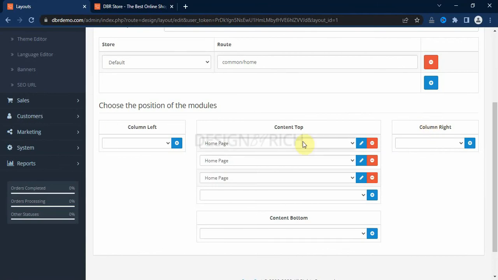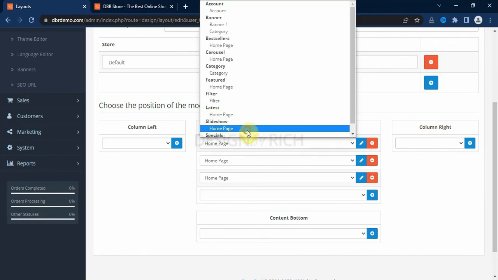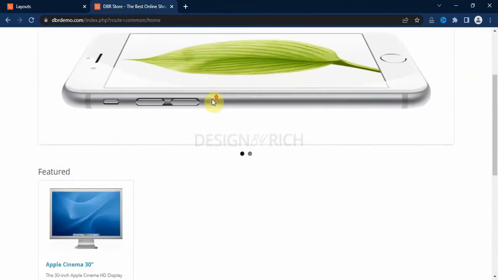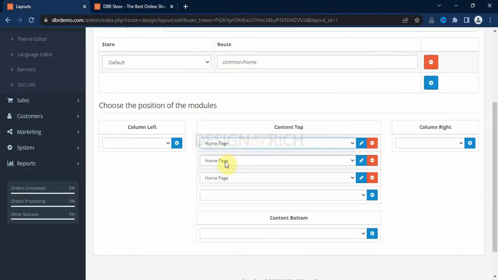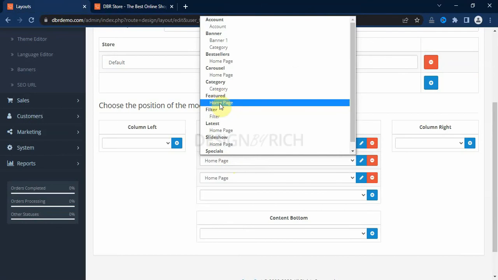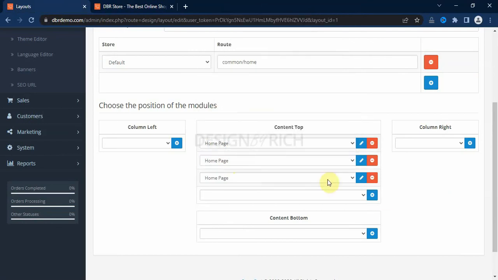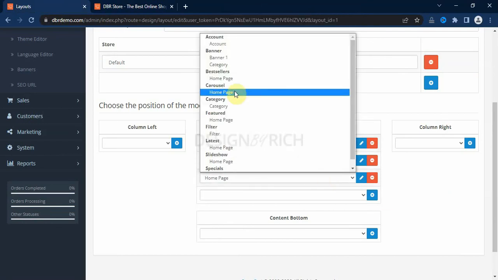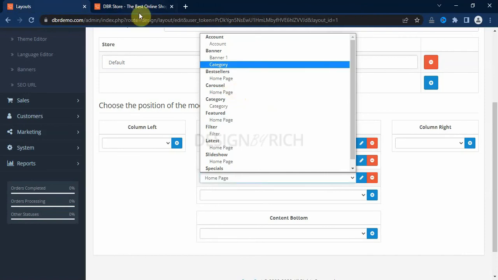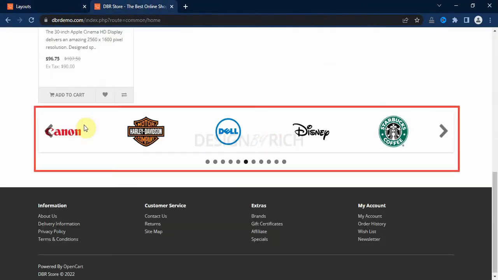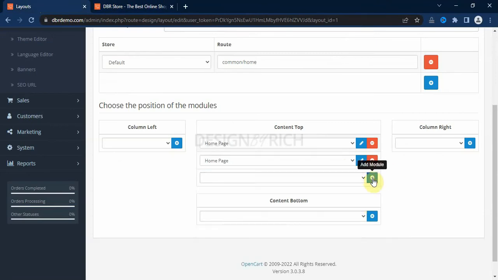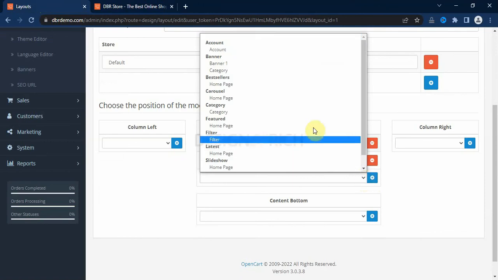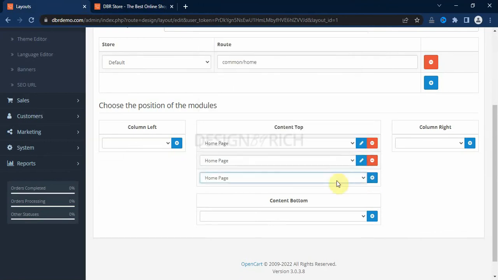module positions. Here we have the slideshow module, which is what we have here in the content top module position. And here we have the featured catalog module. And here we have the carousel module, okay, which is the banner we have here. Okay, so let's remove the carousel module for now. Okay, let's add the latest catalog module here, and then